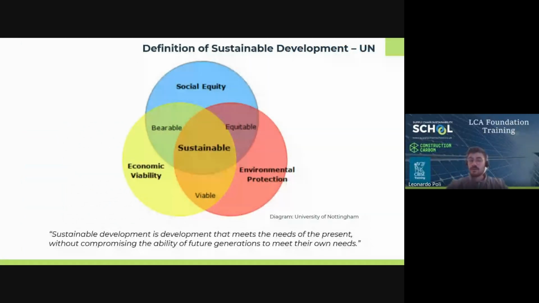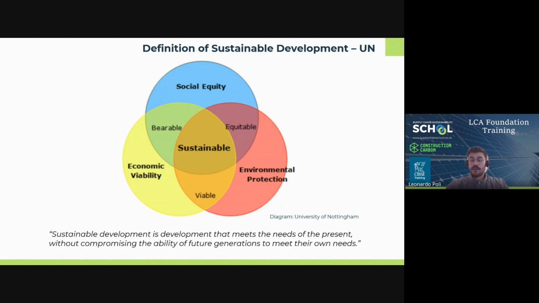This brings us to the UN definition of sustainable development, which is development that meets the needs of the present without compromising the ability of future generations to meet their own needs. Hence the word sustainably does not carry an environmental meaning per se, but rather is the result of the combined action of three pillars: economic growth, social inclusion, and environmental protection. All three are related to one another and crucial for the prospering of individuals and societies.